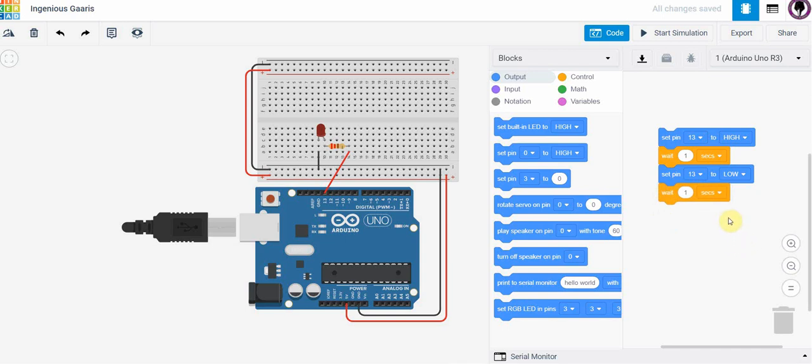So using drag and drop symbols, I've created a program. All it's going to do is send out a signal out of pin 13, and it's going to hold it high for 1 second, and then it's going to set that pin back to low or 0 volts for 1 second. Now, I can see if this is going to work properly by going up here and going to start simulation. So if I click on this,